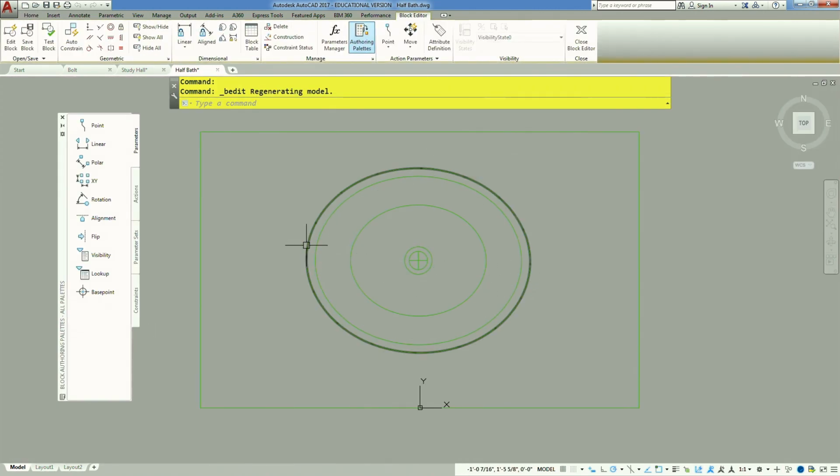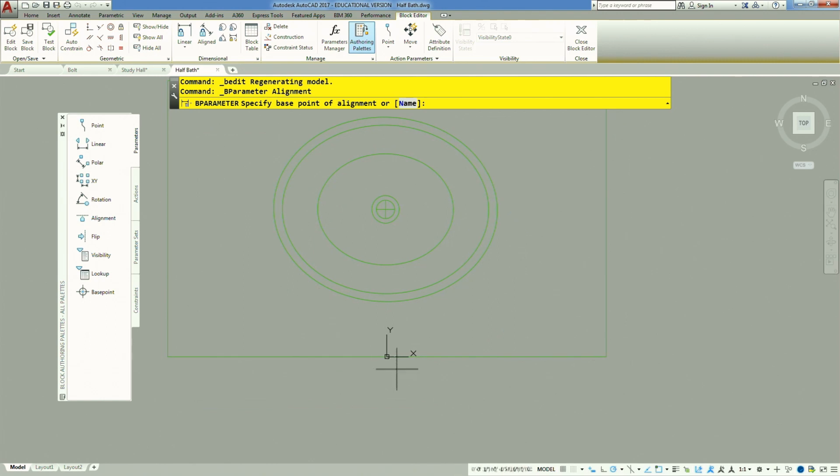And this is another one that's very simple. I don't need an action. I just need a parameter. So I'm going to choose my alignment parameter here. And I'll just choose my original base point. And then I'm going to basically specify that this bottom edge here of this vanity is what's going to align to another line. And I'm going to bring this out to the right and see how my grip is actually